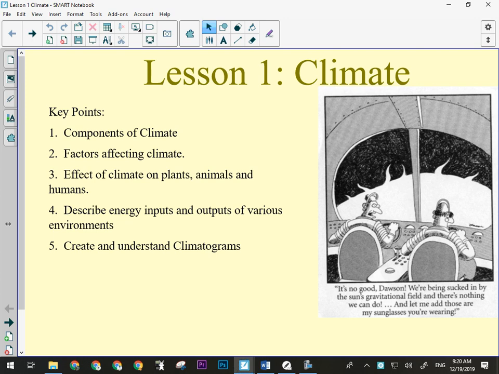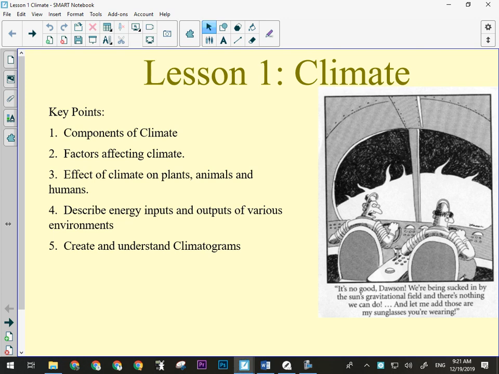Now, the reason I picked those cities is because they're all actually about the same latitude, okay, they're all about the same distance from the equator, but their climates are considerably different. Okay, Vancouver's climate is considerably more mild than ours. Okay, ours is quite harsh. It can be very hot in the summer. It can be very cold in the winter. It's also quite dry. Okay, if you go to St. John, Newfoundland, they can have very harsh winters, but they get a lot of snow. Okay, they don't get really warm during the summertime, and they get a lot of precipitation.